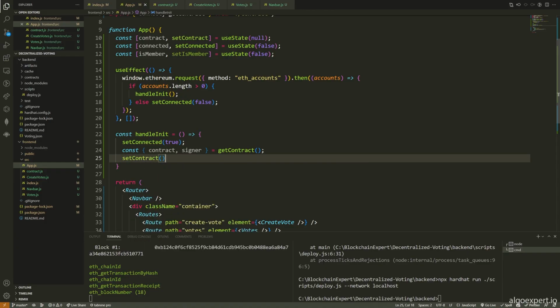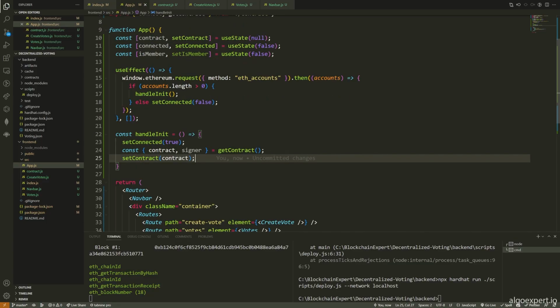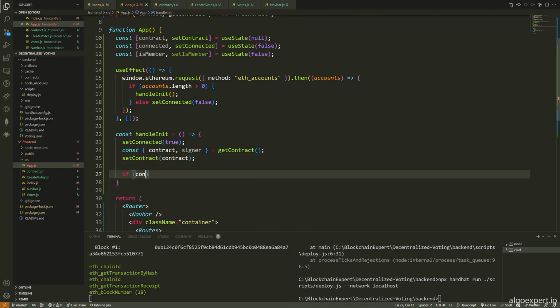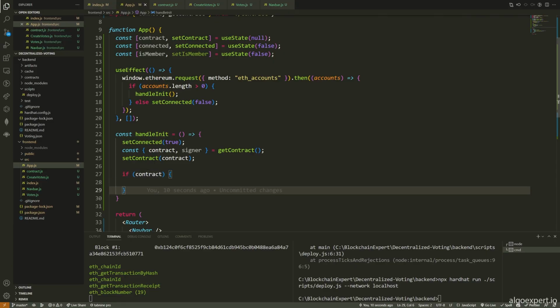We're going to say set contract, and we're going to set it as the contract. The reason I'm doing this is that I want to store the contract here so that, again, I can pass it around and use it as I need to. Now what I'm going to do is say if I had a contract. There are some weird cases where you may not get a contract object. The initialization may fail. So I just need to do this to make sure we don't run into any of those edge cases. I'm saying, okay, if we actually do have a contract, if this is not null, if we got a contract object,